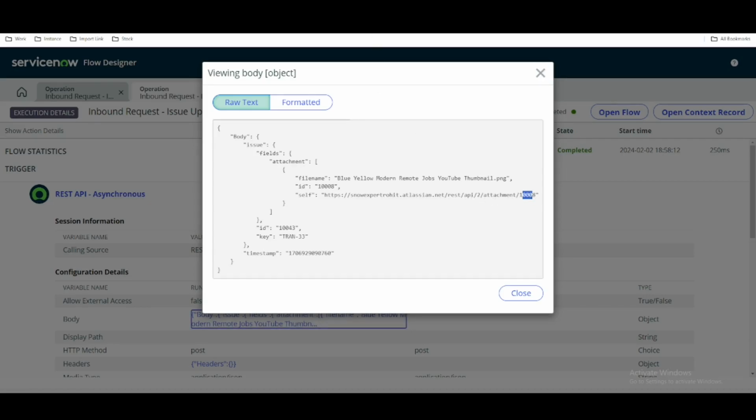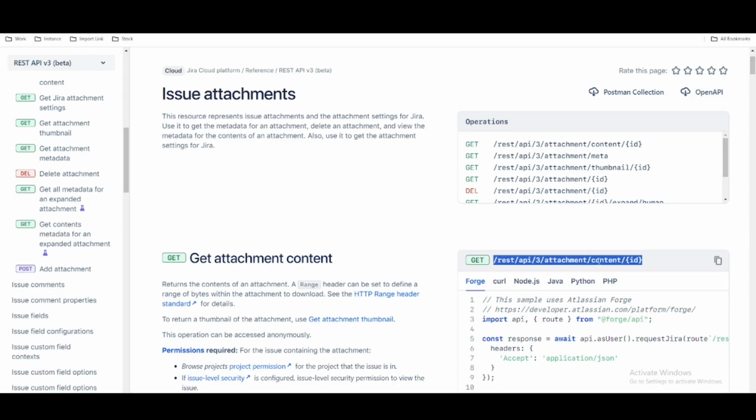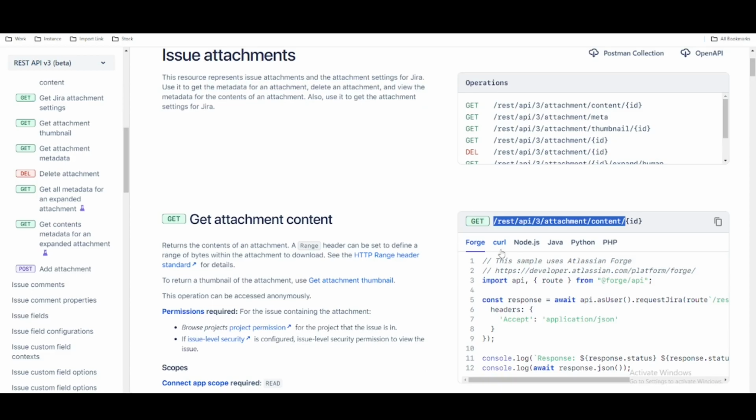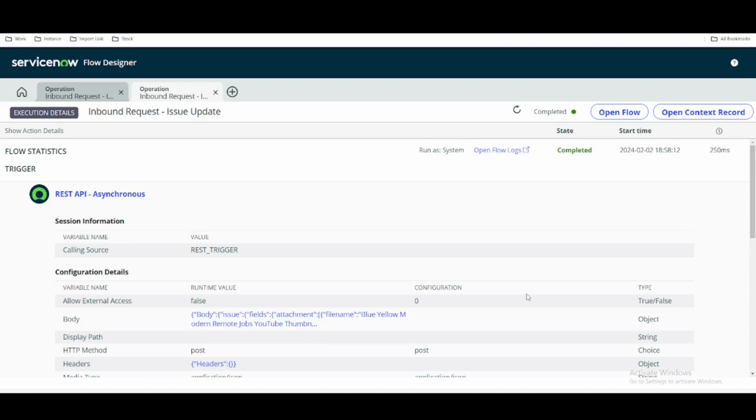Okay, and here in this case, attachment / content / ID. So in between, there is a content keyword. If you pass this endpoint, it will get that attachment, and once we get this attachment, we can save it. For that, we have to do some custom things. As we are building everything from custom, we have to do some custom thing to save this attachment